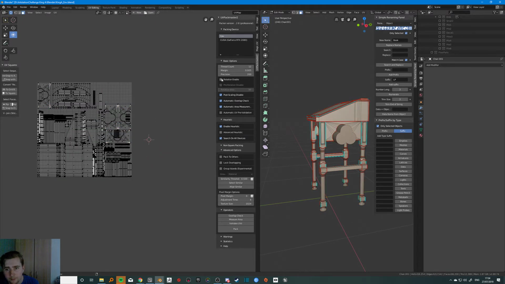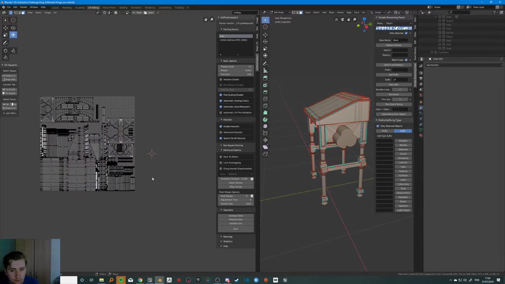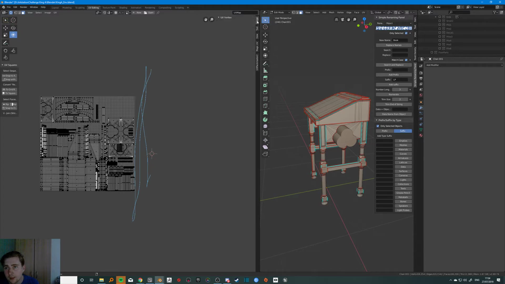And I'll disable rotation, because for something so specific like wood, you want all the wood grain going in the same direction. So everything in mine has to point upwards. Everything has to point upwards. So when I'm unwrapping, I definitely don't want